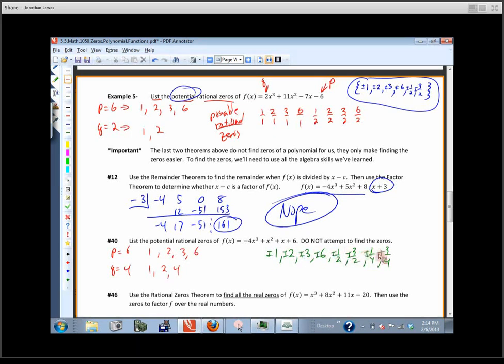Now, Marissa's beef is, my gosh, how many possibilities are there? 1, 2, 3, 4, 5, 6, 7, 8. 16 possibilities? And we've got a degree 3 polynomial? How many possibly could work? Only 3 of them. That means at least 13 of them don't work. But again, this is about narrowing down and finding the nice ones first. Now, usually, not always, but usually, the ones toward the beginning of the list work. They're not trying to kill you, honestly. Well, maybe some of you they are.